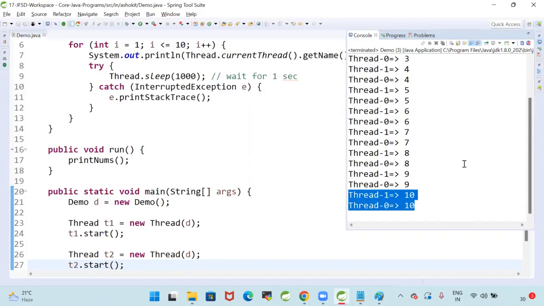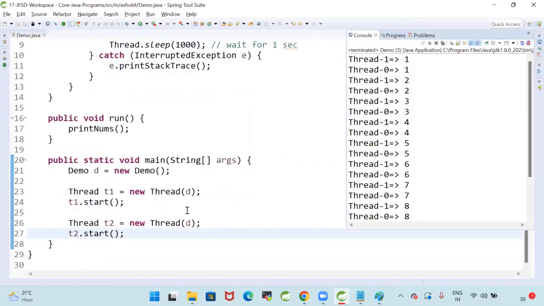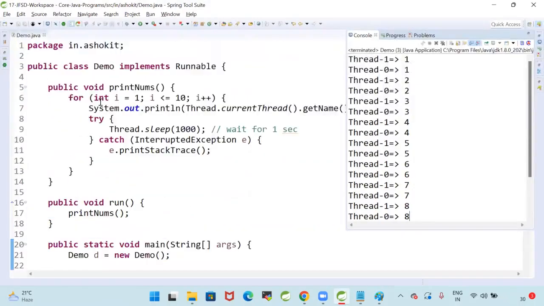Why? Because whenever I called T1.start, first thread came here, first thread printed the value, then first thread went into sleep mode. When the first thread is in sleep mode, second thread also came, second thread also printed 1. Then second thread went into sleep mode. By the time second thread went to sleep, first thread completed the sleep, it restarted the loop execution, printed